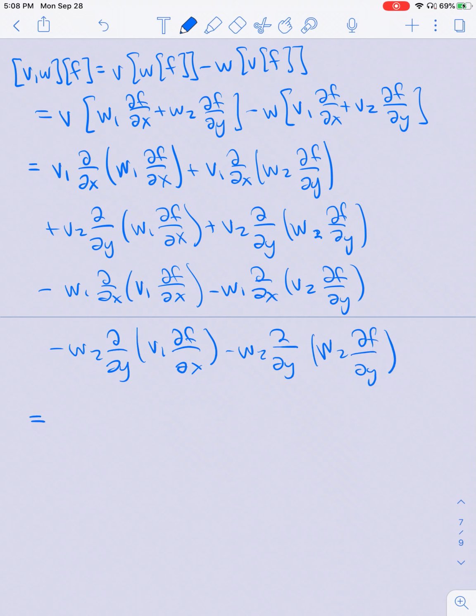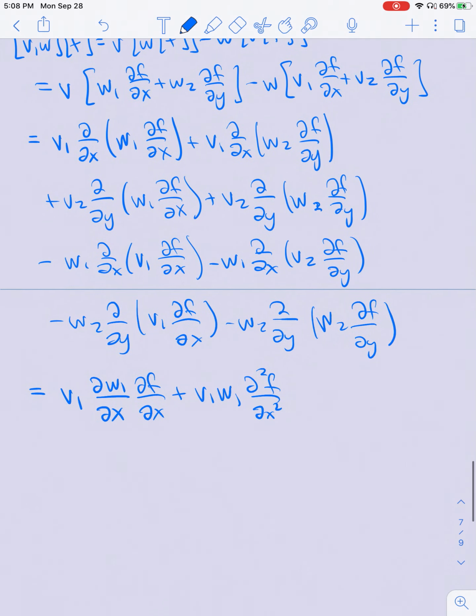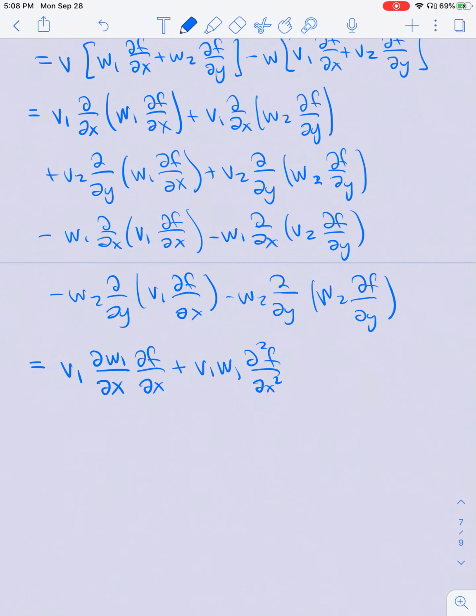Okay, so now let's rewrite this. So this will be V1 dW1 dx df dx plus V1 W1 d squared f dx squared. And then I'll get plus V1 dW2 dx df dy plus V1 W2